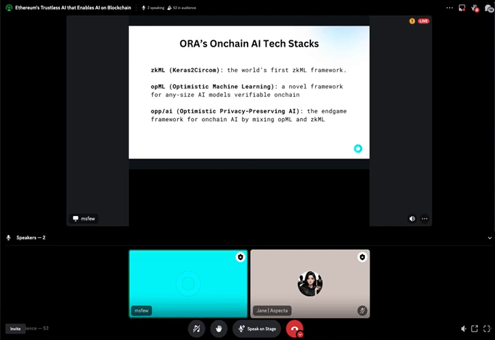To talk about on-chain AI first, we need to make sure that we are clear on the terminology. When we are talking about on-chain AI, we are actually talking about on-chain AI inference. In the life cycle of machine learning, it actually has two major phases. The first one is training, which is taking a lot of data and a lot of GPUs to train an AI model into a final runnable model. The other stage is inference, where you have this model already